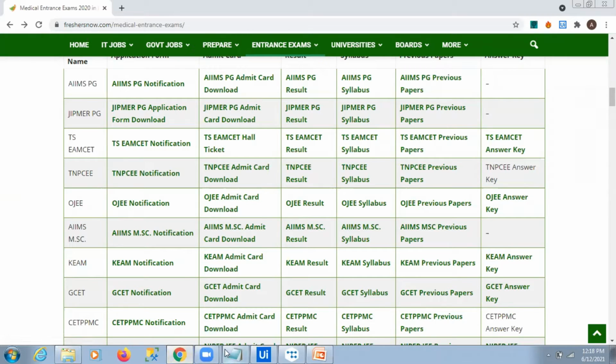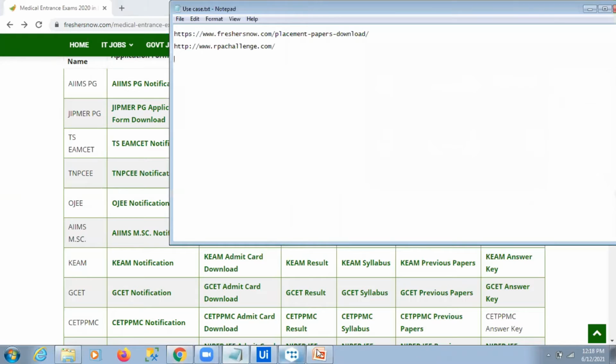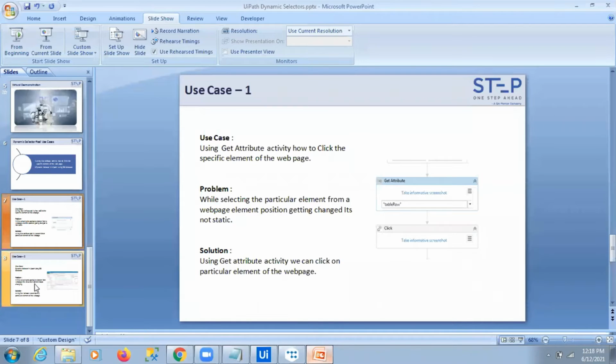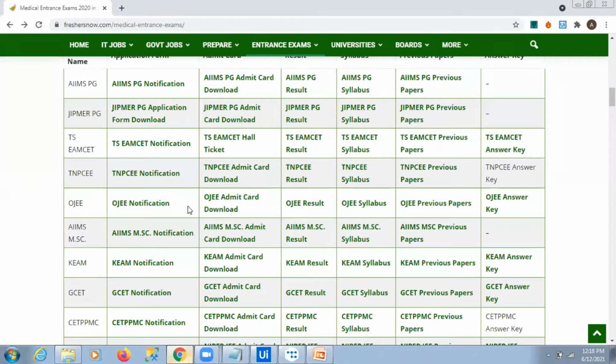The second: so you mean to say that suppose now this OJEE admission form, whatever link is there, suppose they have updated it from version 1.2 to something else, so it's getting changed again, right? So again we need to handle it, I mean, the selector would be affected. So it's better that with this particular reference we are handling it by giving the references.